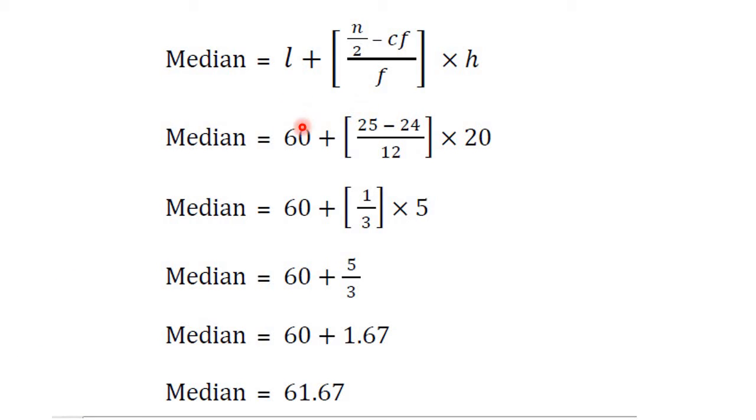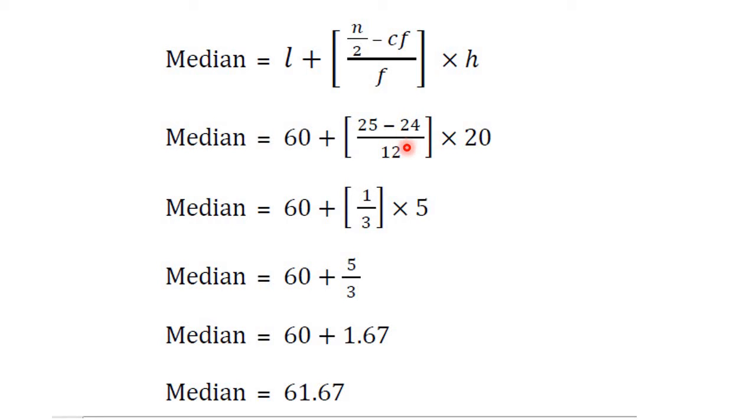Now substitute the values. L is equal to 60. Lower limit of the class interval is 60. N by 2 is nothing but 25. CF is nothing but the cumulative frequency of the class preceding the median class, which is 24, divided by the frequency 12, into 20. 60 plus 25 minus 24 is 1 by